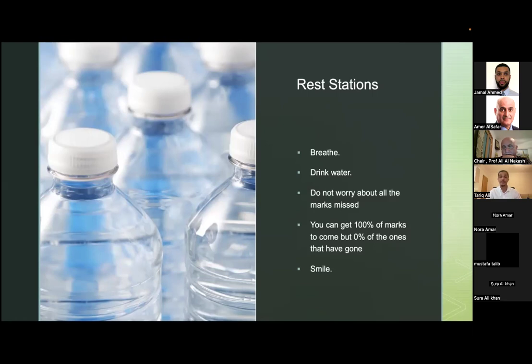And alhamdulillah, I haven't failed anything for quite some time. But we are all very critical of ourselves. And the worst time to be critical of yourself is during the exam. So do not worry about what you've experienced already. You may have passed, you may not have passed. It doesn't matter. Anything that's gone past you already, you will not have the opportunity to get. But anything yet to come, you do have the opportunity to get full marks in every station afterwards. So breathe, smile, make it look like you're having a good time. You've got a day off work.